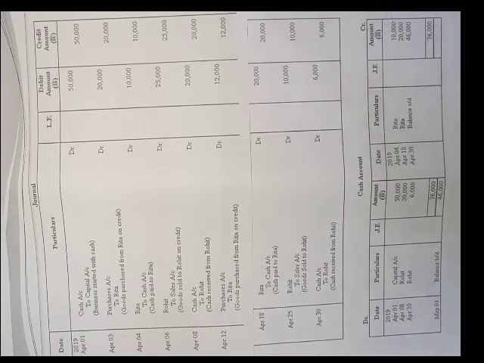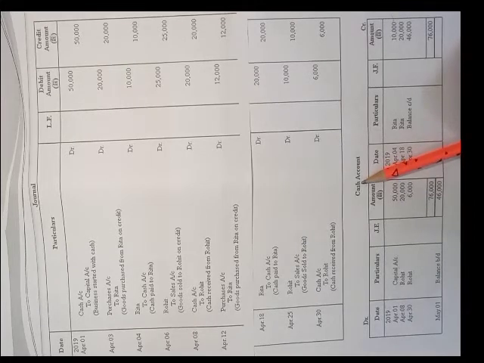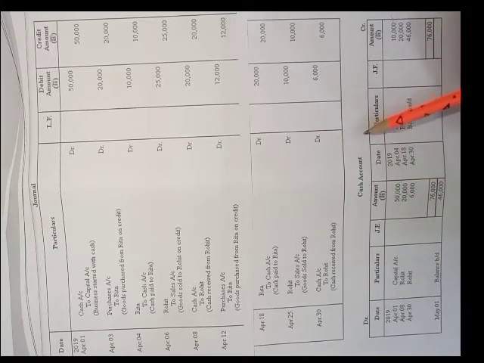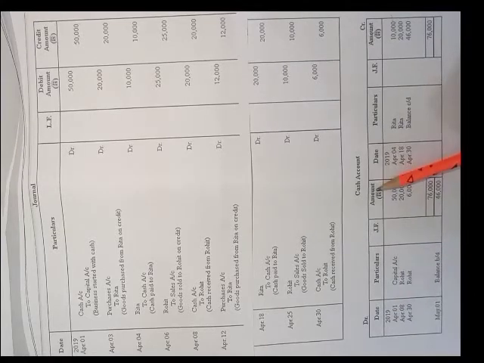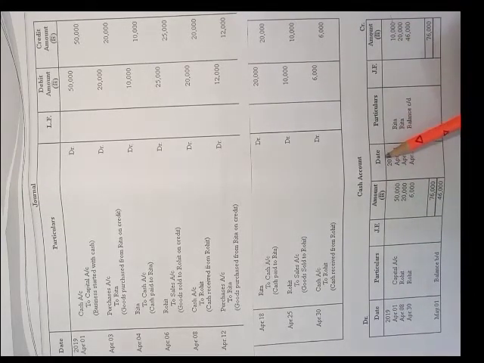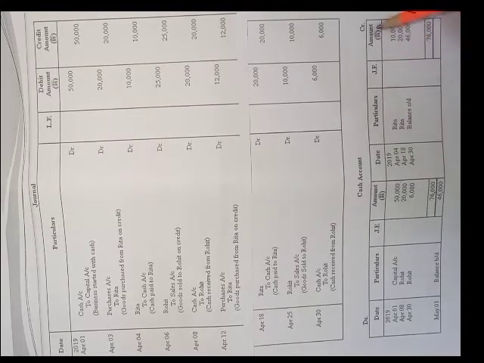In ledger, I have told you earlier also, there are 8 columns, 4 on the debit side and 4 on the credit side. You write the name of the account in the center of that format, and in this format on the debit side the date, particular, journal folio and amount columns will be there. The same way on the credit side there will be 4 columns: date, particular, journal folio and amount. Now I will explain how to post the journal entries into these different ledger accounts.